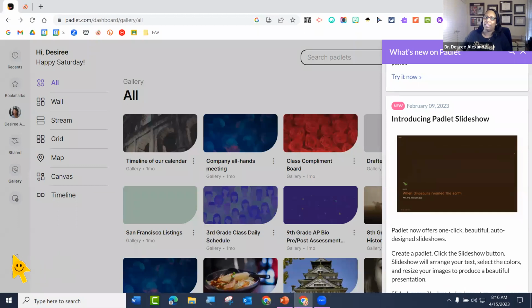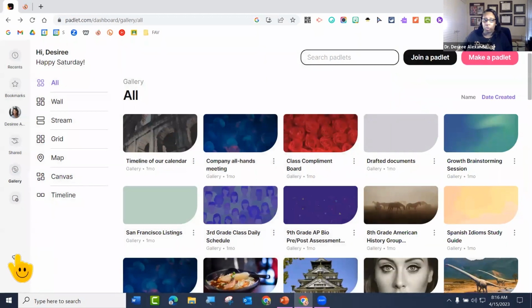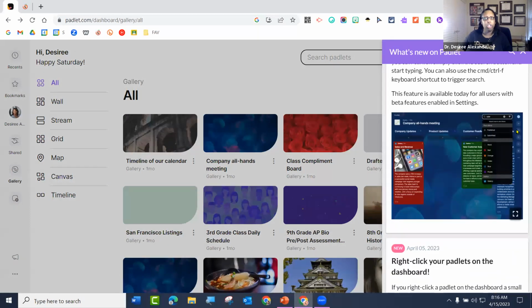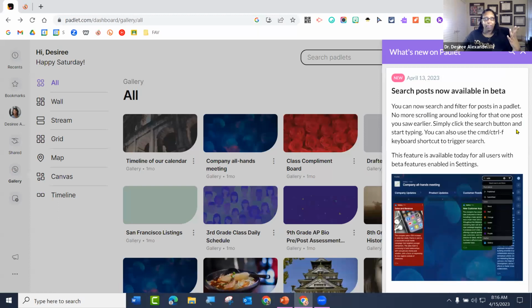So you do want to click this every now and then. Usually if there's a notification, you'll have a little bubble on it, but you do want to click this and see, hey, what is new? Especially if you're using Padlet a lot, it may be something that you've been waiting for the whole time. So again, don't sleep on this little notifications button.